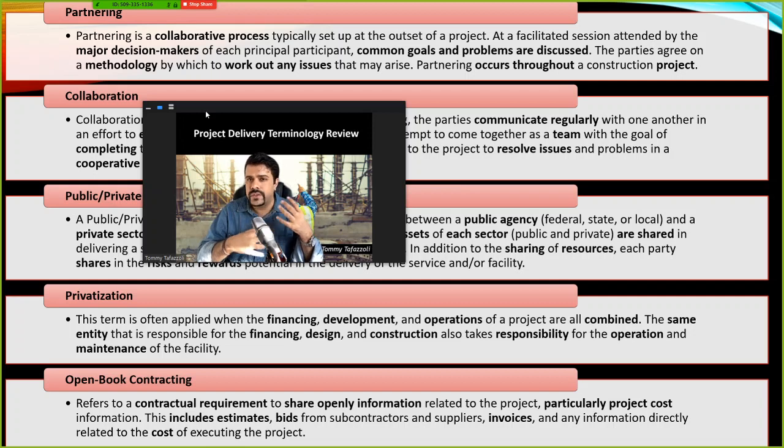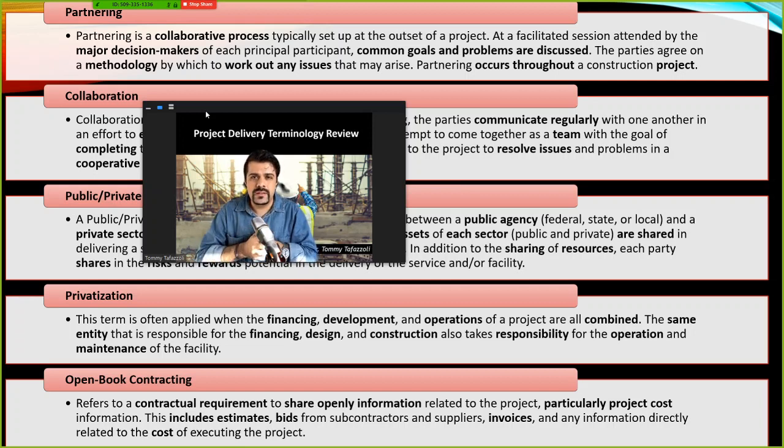The concerns of different project players are discussed, and all the team try together to find solutions for each problem. For example, one major subcontractor can say, we can't do this part of the project at this time of the year or with these specifications. But if you make this modification, we could do our job a lot more easily. So what happens is that the other team players discuss it and try to accommodate different concerns.